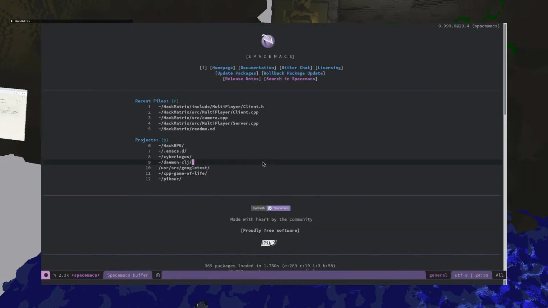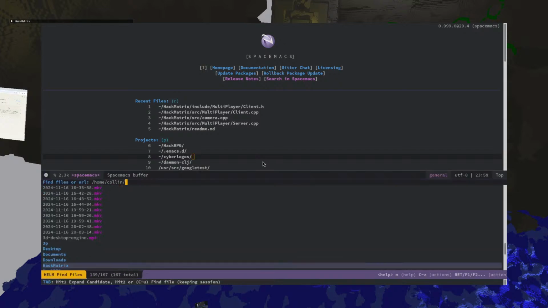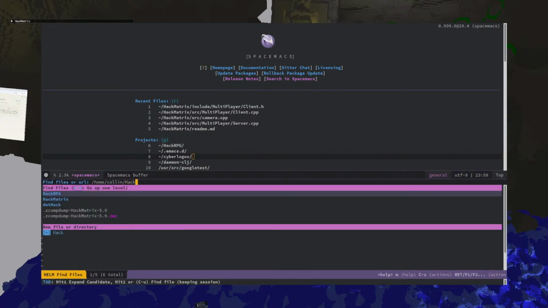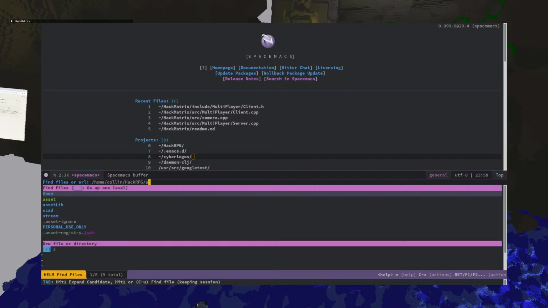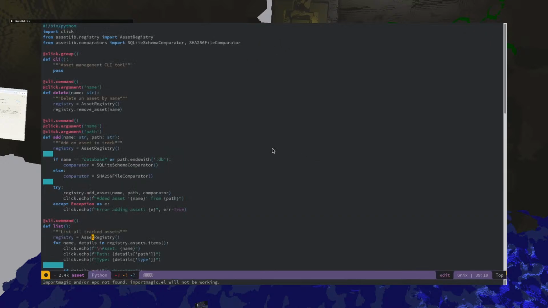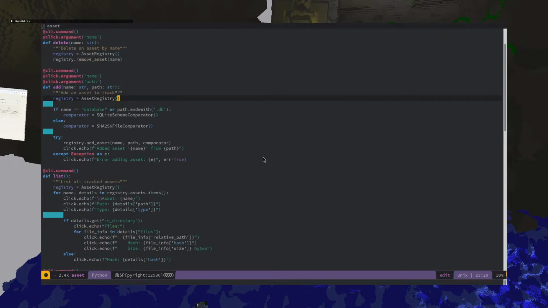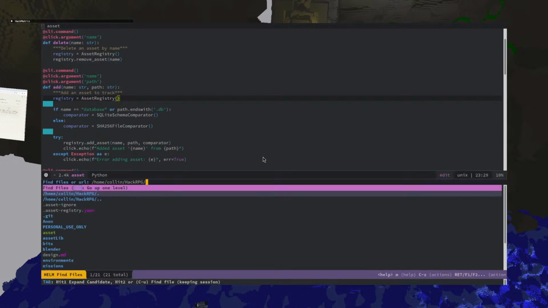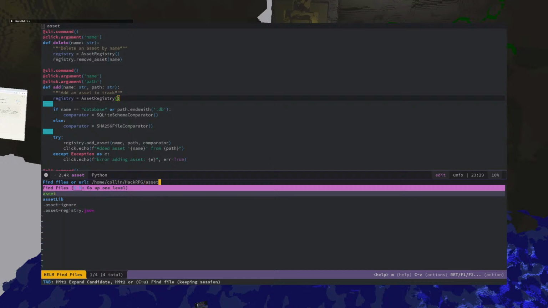So for the asset manager, that will be HackRPG asset. And I believe I just made some changes to the asset registry.